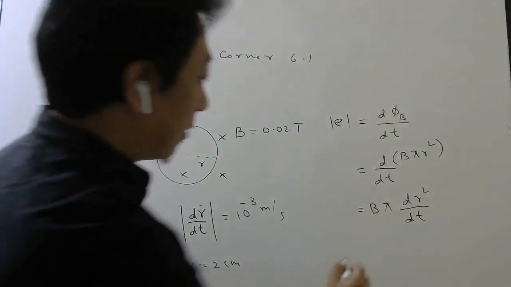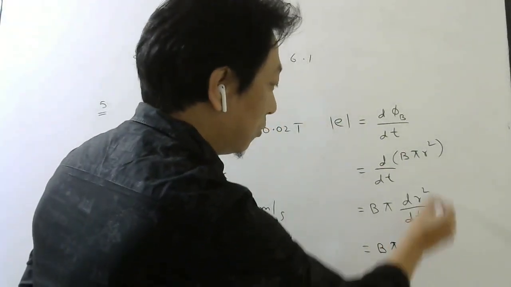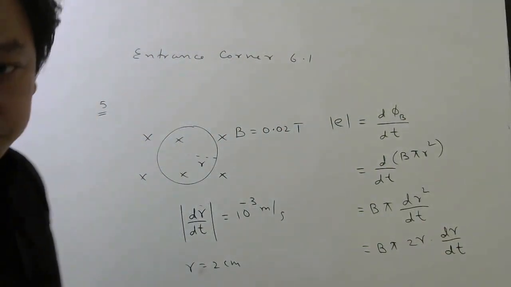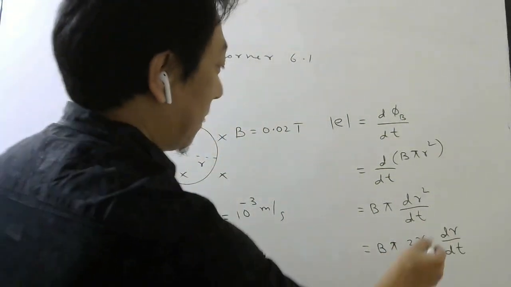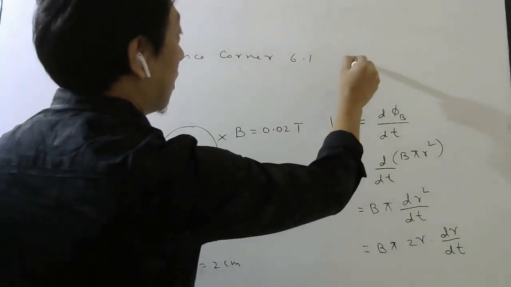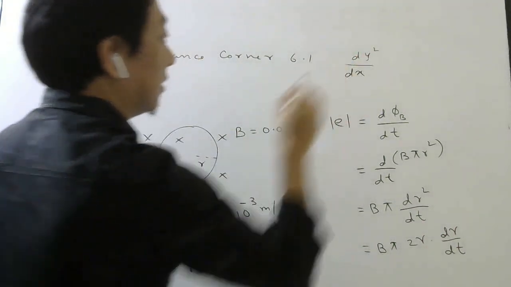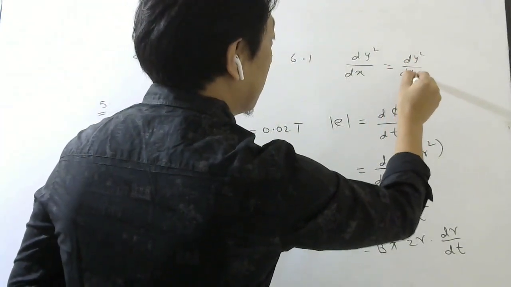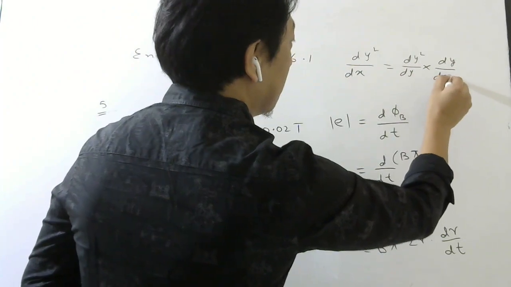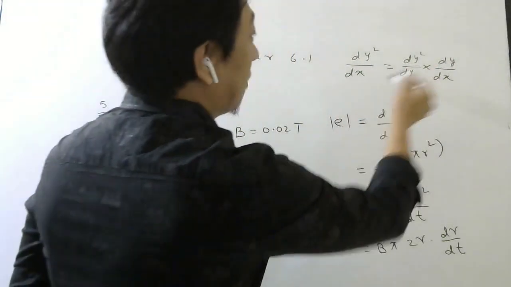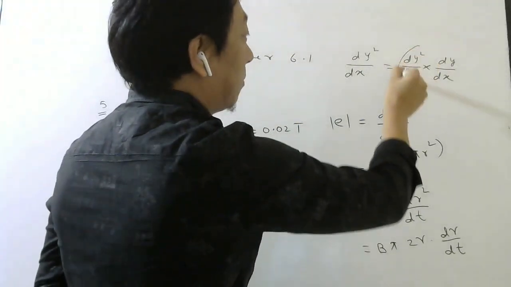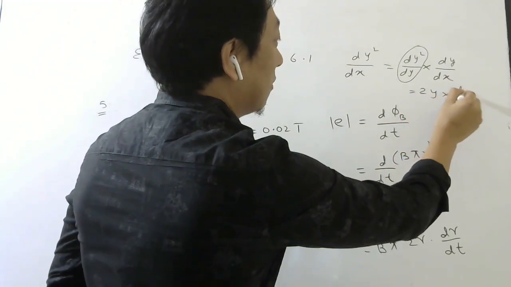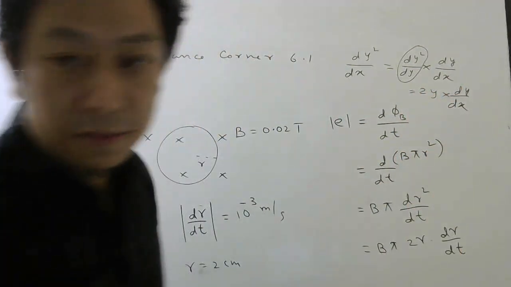So here we have to apply the chain rule. I hope all of you know about this. So how to do this? 2r into dr/dt. Correct or not? You must be knowing this, right? For example, if you want to find d(y²)/dx, we cannot apply the formula directly. So I write d(y²)/dy into dy/dx. This is like the chain rule. If you cancel dy, you will get this only. So here you can apply the formula for differentiation: d(y²)/dy will be 2y into dy/dx. Same thing I have written, right?